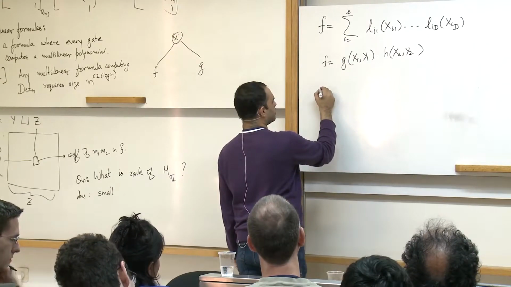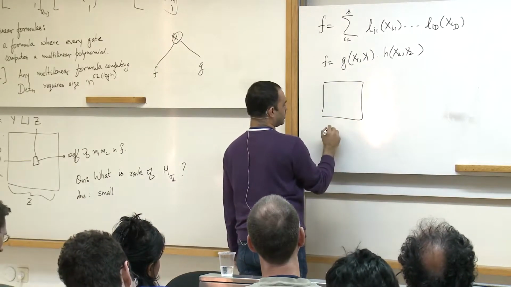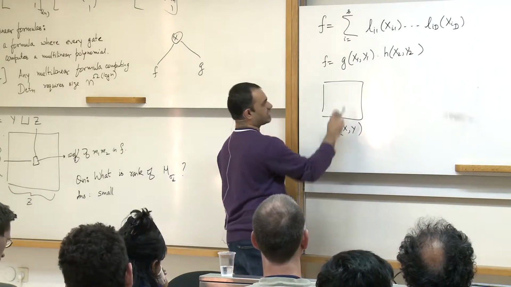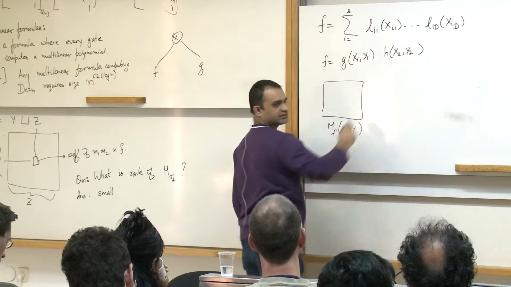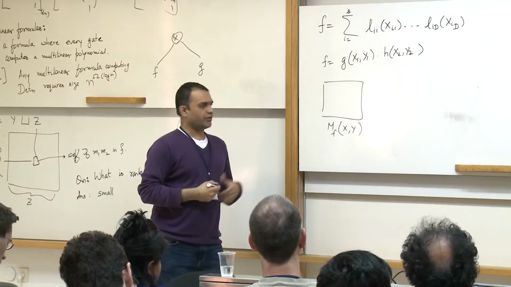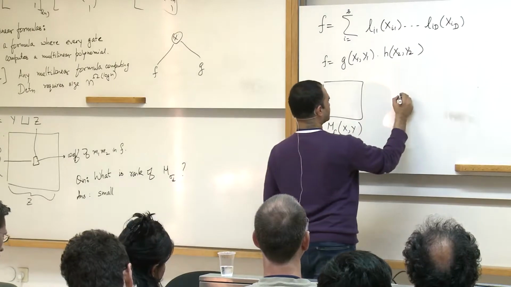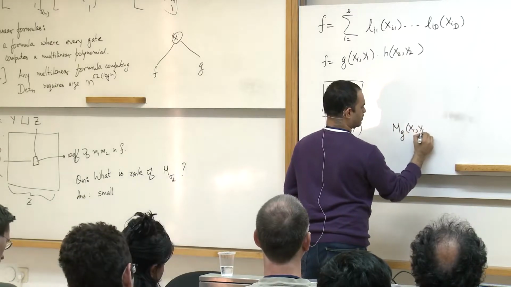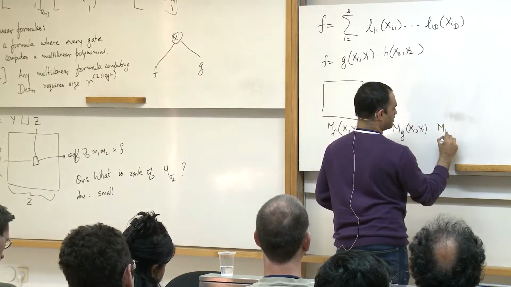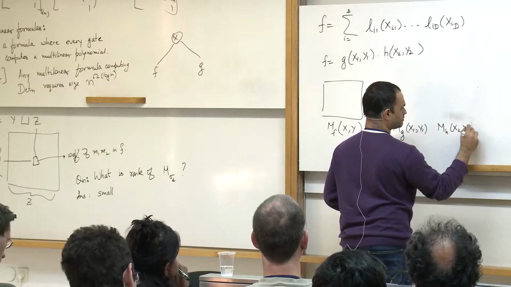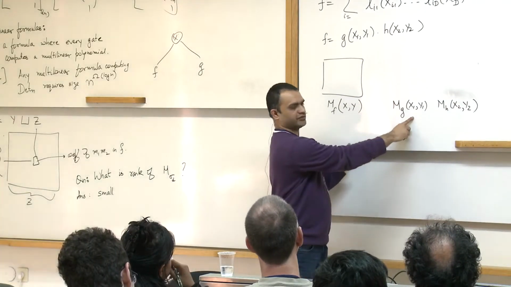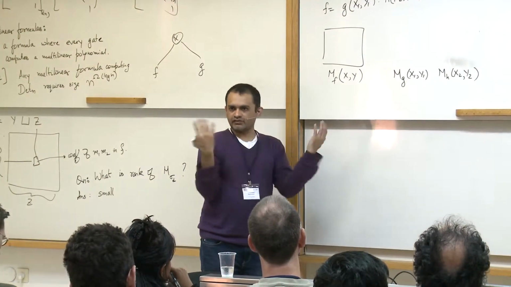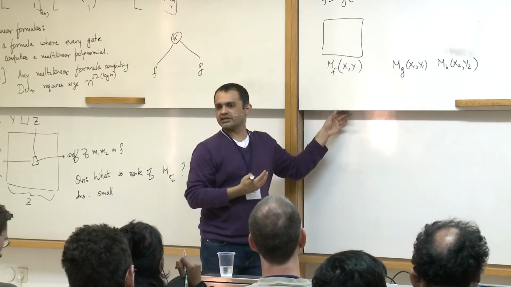Now I'm interested in the matrix M_f under the partition x comma y, where x is the union of x1 and x2 and y is the union of y1 and y2. I want to know, can I write this matrix in terms of M_g of x1 y1 times M_h of x2 y2? So in some sense, these are the partial derivative matrices under this partition for the two factors. And I want to know, when I multiply them together, can I say anything about the partial derivative matrix for f?